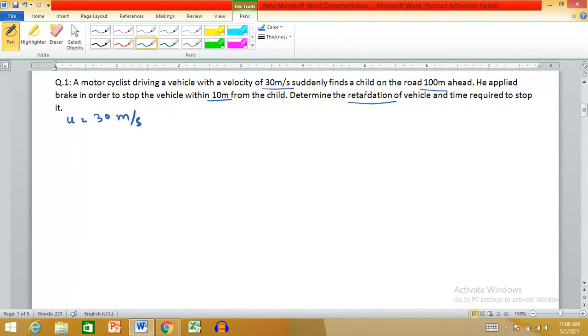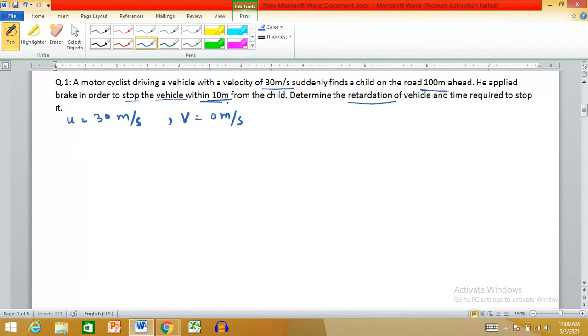Suddenly he finds a child on the road 100 meter ahead. He applied brake in order to stop the vehicle. Stopping the vehicle is the important thing. As the vehicle is stopped, that means the final velocity is equal to 0 meter per second. As the vehicle is stopped within 10 meter from the child, that means he was initially 100 meter ahead, but he will stop